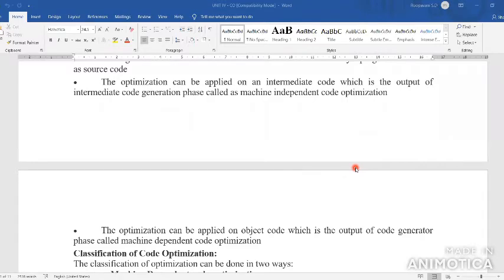This is called machine independent code optimization. It is independent of the machine because it is applied before the synthesis phase, the backend of the compiler.